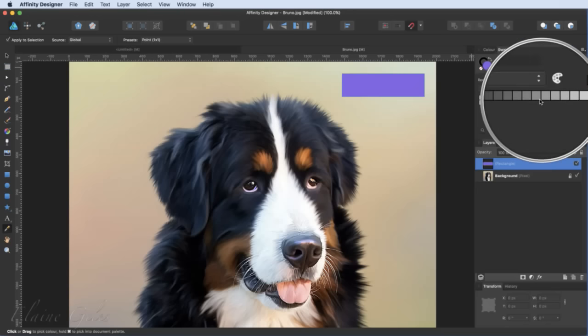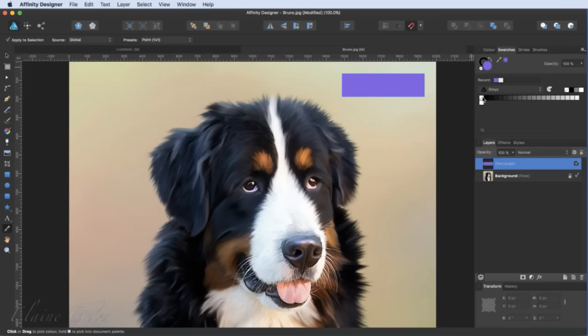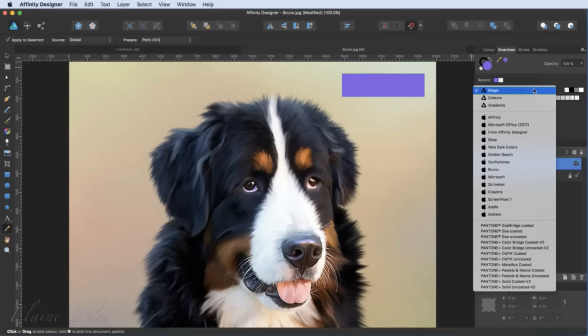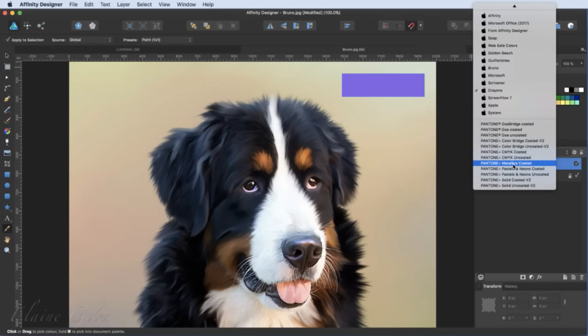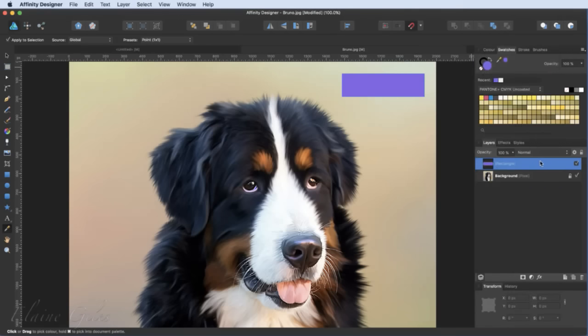And then you have the actual colour swatches from within the palette. And as you select different palettes in here, like crayons, they change. You can also choose things like, let's have a look at these Pantones. In the Pantones, you can see just how many there are. So there's hundreds of colours in each of these. I'll be working mainly with sort of less than 10 tonight, but you can just keep adding them and create